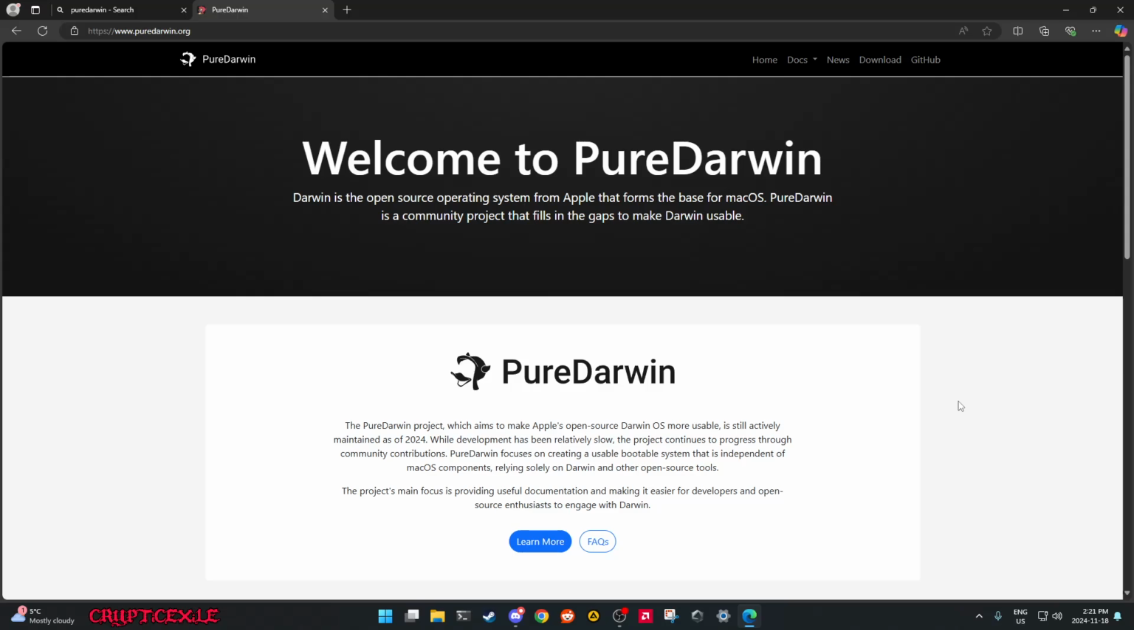If you remember OpenStep in the late 90s, what PureDarwin is, basically, is the Darwin system. It's like FreeBSD, but it's the Apple BSD system. So when you run Mac OS, if you go in the terminal, that's Darwin. That's the Unix of